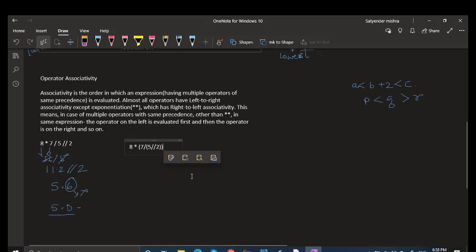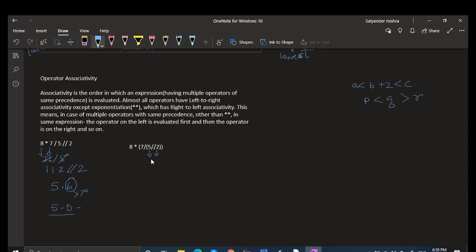So what will happen here? First the inner bracket will execute: 5 floor division 2 gives 2.0. Then 7 is divided by 2.0, which generates 3.5.